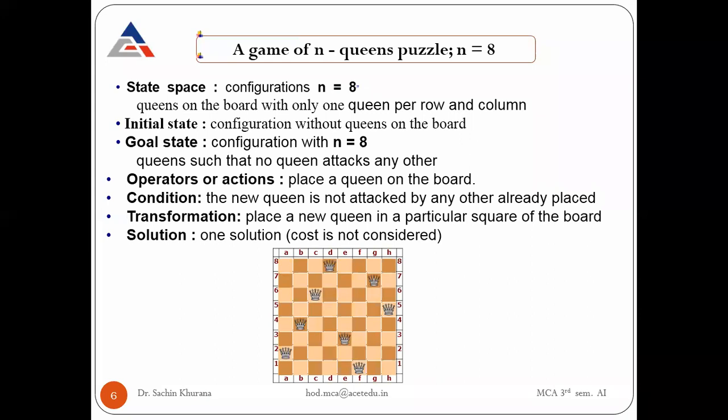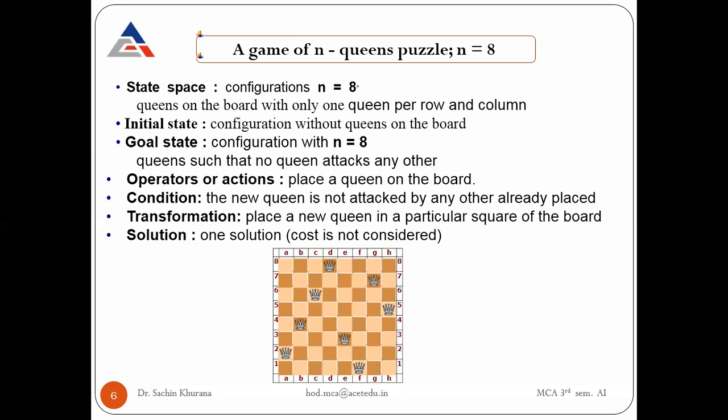When you place the second queen, you have to see to it that it is not attacked by the already existing first queen placed on the board. Similarly, if you go for placing the third queen, again you have to check that it is placed in such a location where it cannot be attacked by any queen already placed. There are already two queens now. So similarly for the fourth, fifth, sixth, and till your eighth.